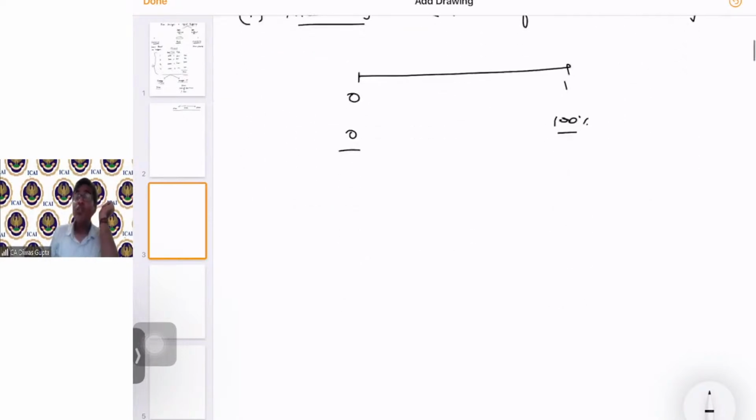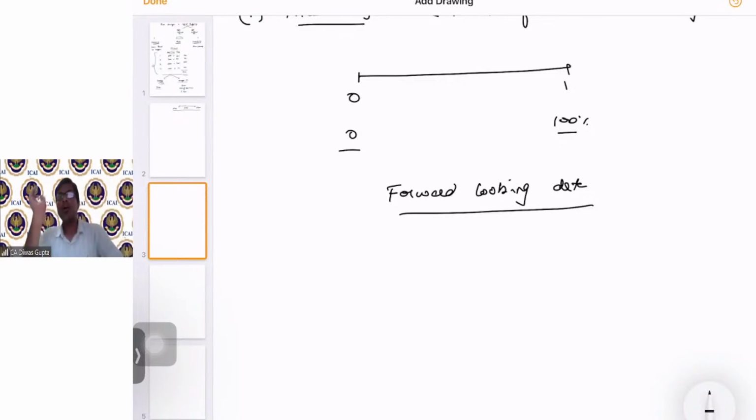And it is always on forward looking data. This is very, very important. Forward looking data needs to have probability with it, because history has already happened and those actual estimates are there with you. Since forward looking data is for the future, you never know the probability of that event happening.